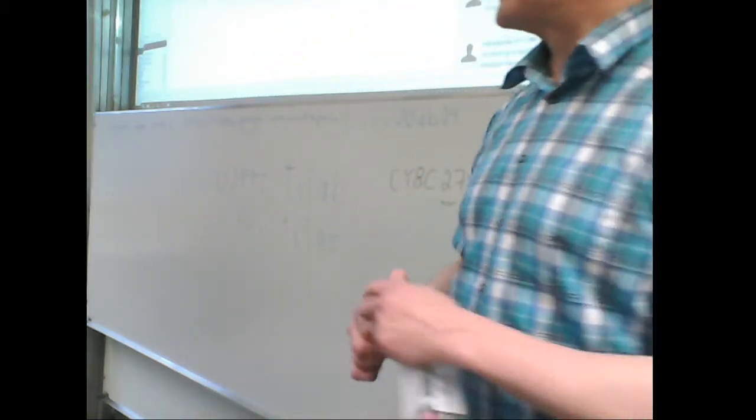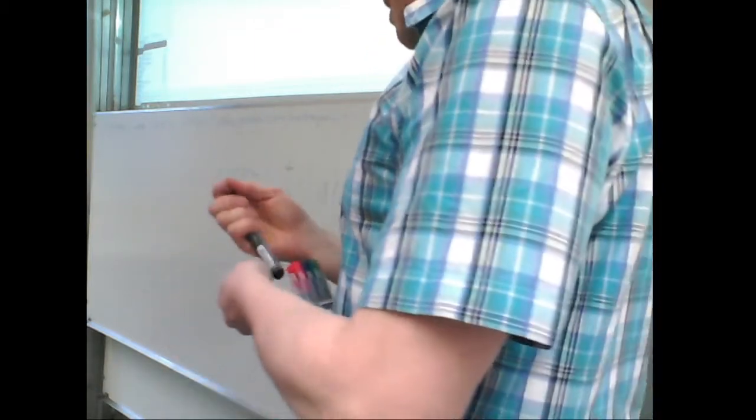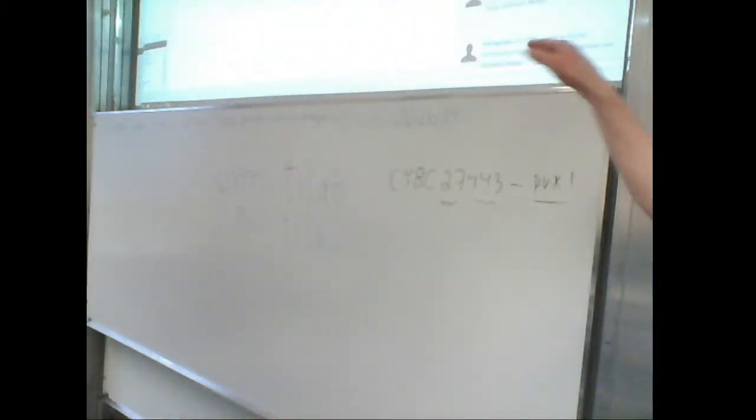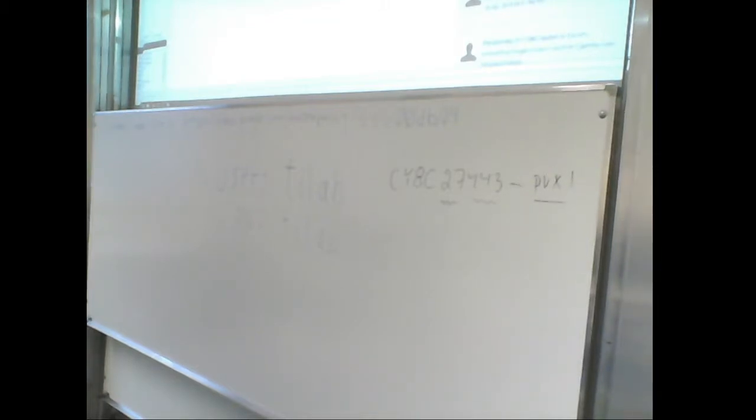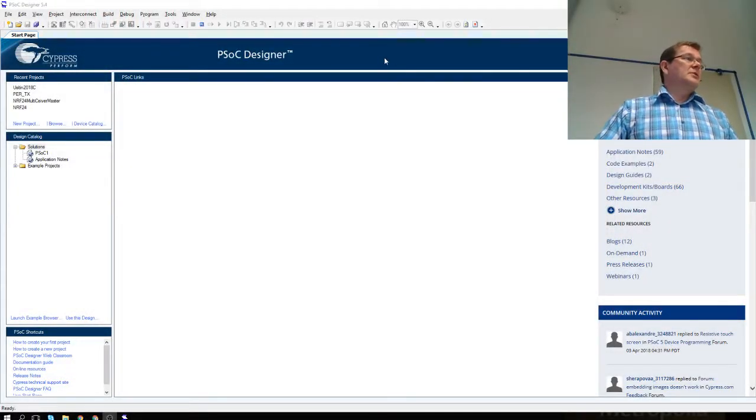Okay, but there's also the selection tool. If you know what you need, then you can select the processor. But in this course, we are using 27443. Good. So